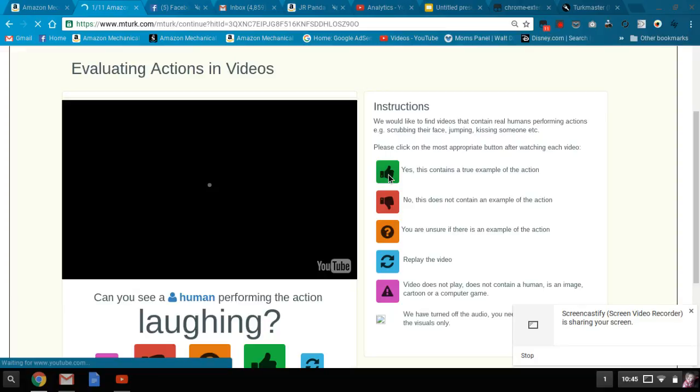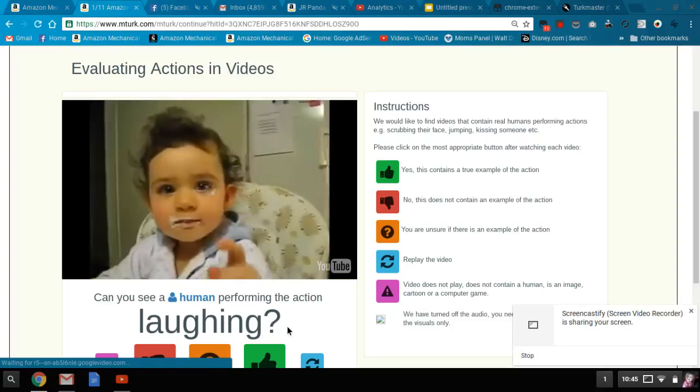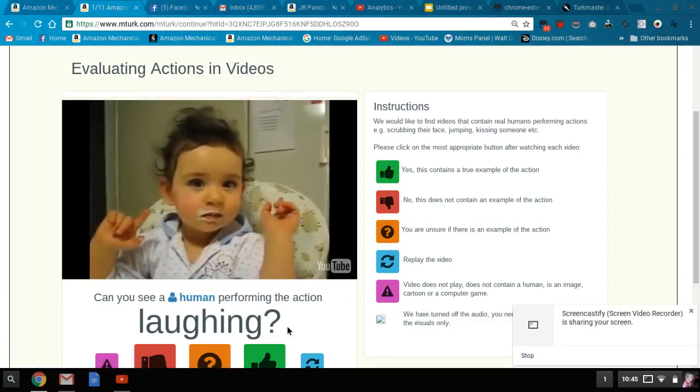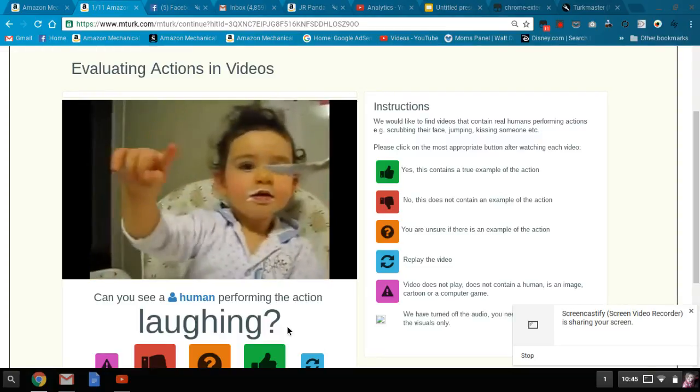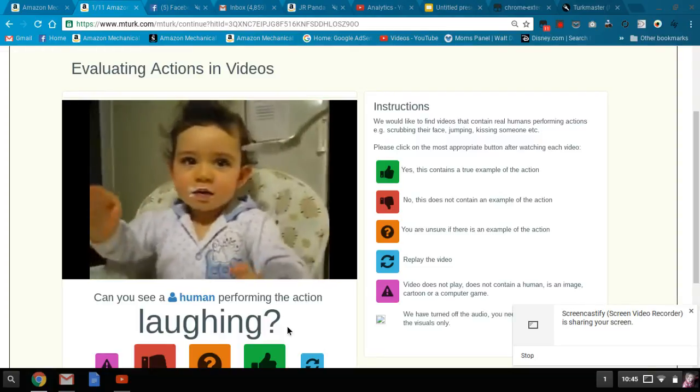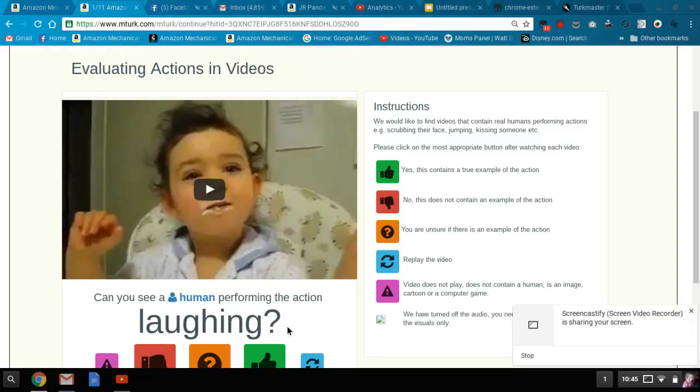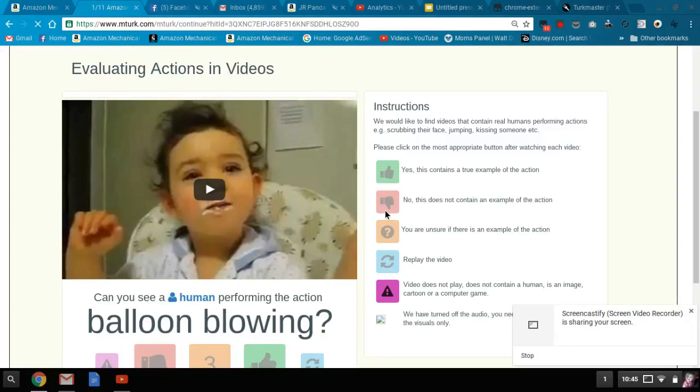You'll have to answer the additional question if you use the buttons below, and it's only for the yes. So if it's no, you can really use any of them on the right-hand side, and the behavior is the same. It's the differences with the yes button. So this is the human laughing. I did not see any laughing, so I'm going to say no.